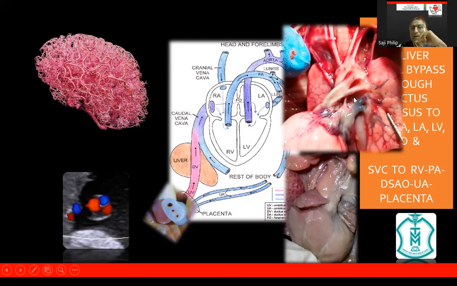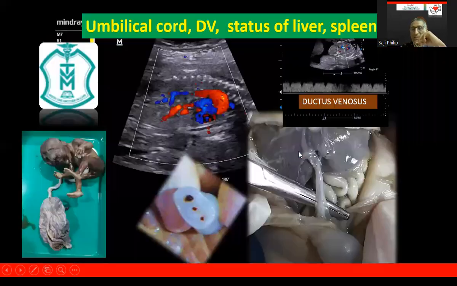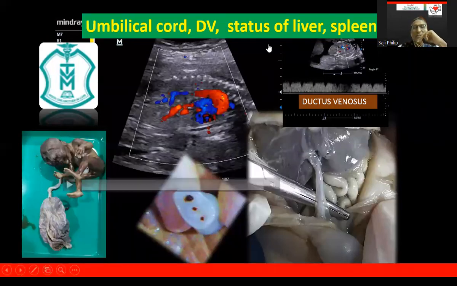Very nicely I figured it out, and you need a little bit of an artistic heart when you do the autopsy. And this is the left upper pulmonary vein, left lower pulmonary vein. Clearly, I am showing even the left anterior descending coronary artery. And the umbilical cord, the ductus venosus, which I said, the portion which is attaching to the inferior vena cava,